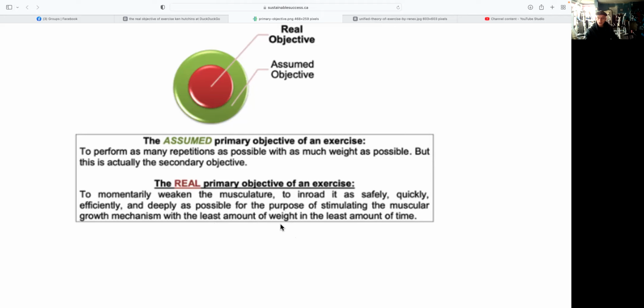because muscle fibers recover incredibly quickly. Even just taking a second to take a breath between reps, and resting the weight on your chest, for example, for a second allows your body to recover for a second. It might allow you to do 2 or 3 reps, which, if you're looking at the assumed objective, you say, well, that's good, I got more reps in. But you did so by cheating. In other words, you did so by letting your muscle fibers recover so that you can tire them again when all you needed to do is tire them once in the first place. And now all you're doing is putting wear and tear on the body.